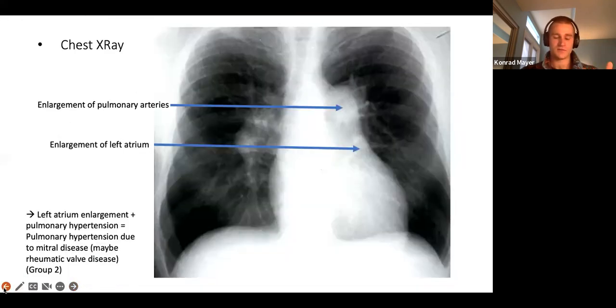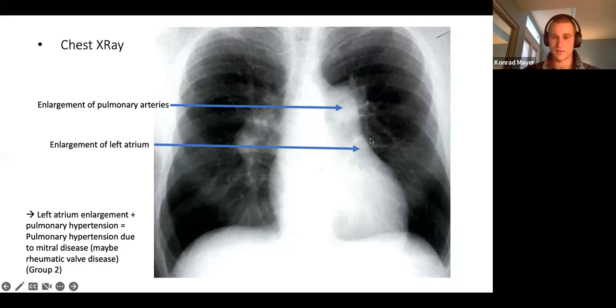So we were talking about physical exam, then EKG, and now we're going on to the next omnipresent diagnostic tool, which is a chest X-ray. A chest X-ray is going to be of much less help than an EKG in pulmonary hypertension, but it can offer clues. And as I said, the most important take-home message from this lecture would be that you have to figure out what is causing pulmonary hypertension to treat pulmonary hypertension. Just like shock, you have to figure out what is causing shock to treat it. So pulmonary hypertension, what is causing it? And this is